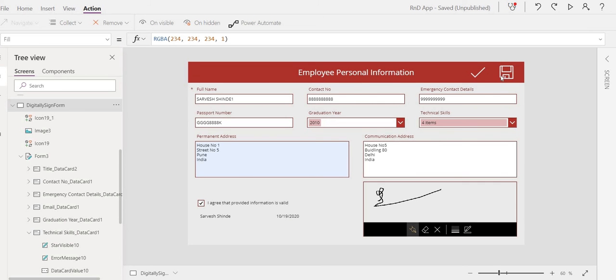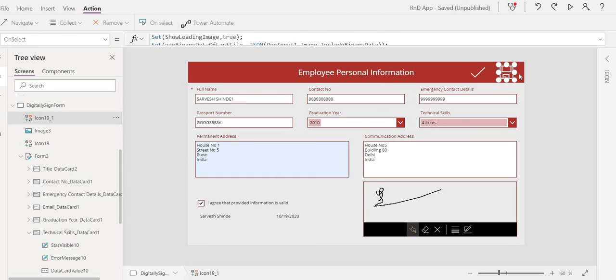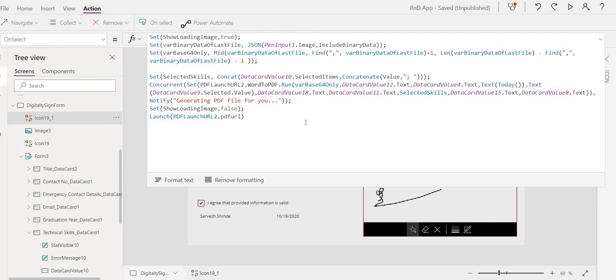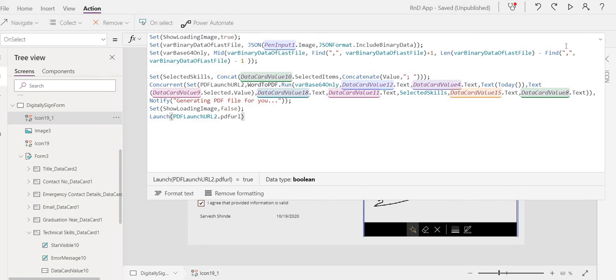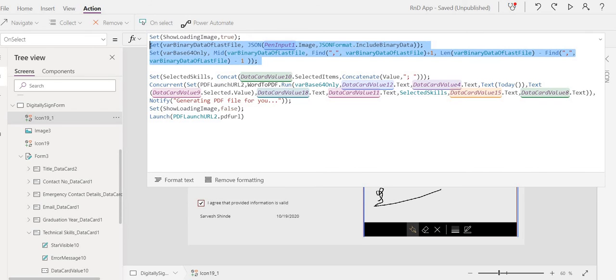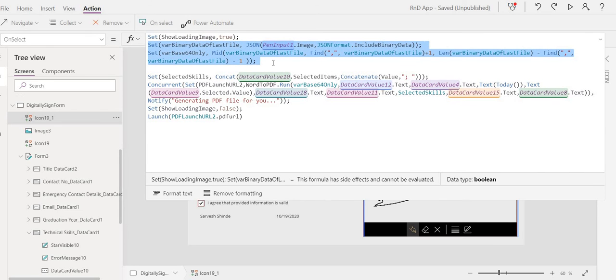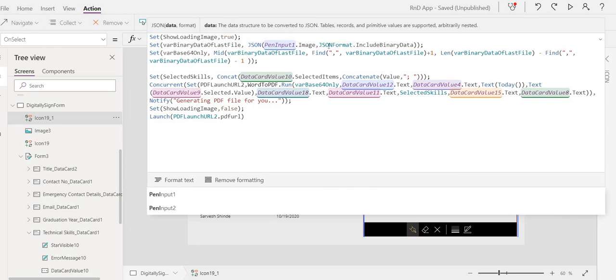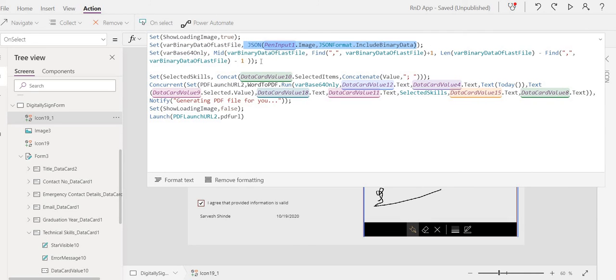Now back to our demo app, the second button, the save button, is used to call the second flow, which is using the Word Online connection. So here you can see we are not generating any HTML code. What we are doing is just formatting the input binary data of this pen input control.